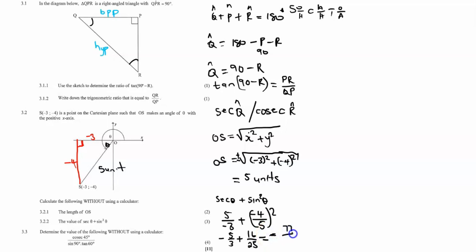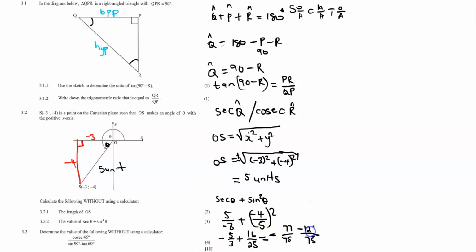-77 over 75. But if you want to do this manually, you just say 3 times 25, it gives you 75. So that is your LCD. You say 75, and then you say 3 goes how many times into 75? 25 times. 25 times -5, so 25 times -5 gives us